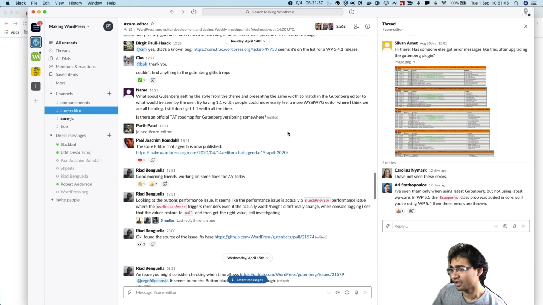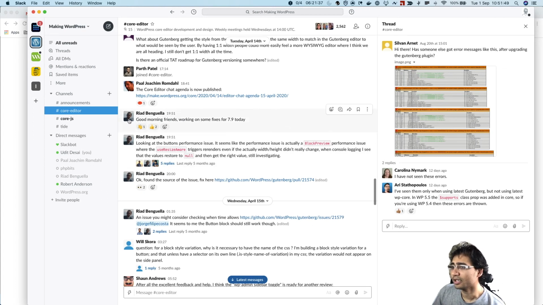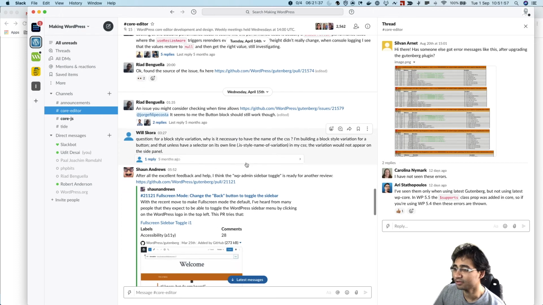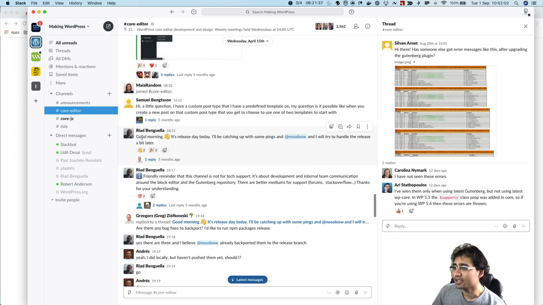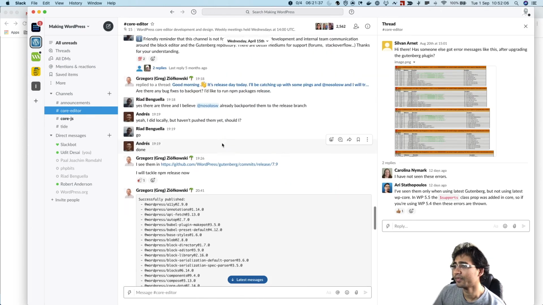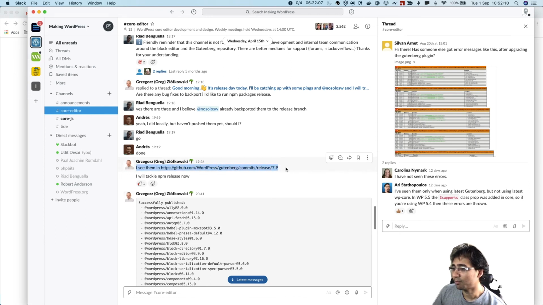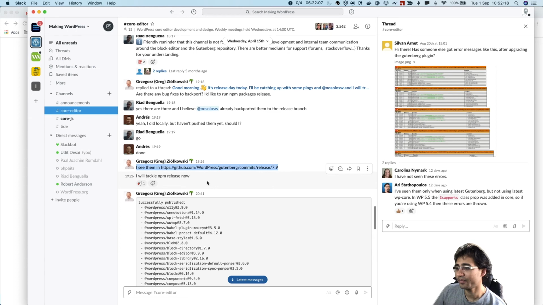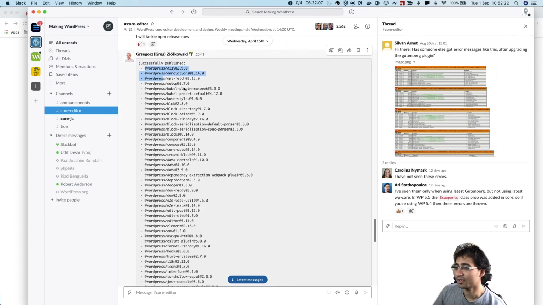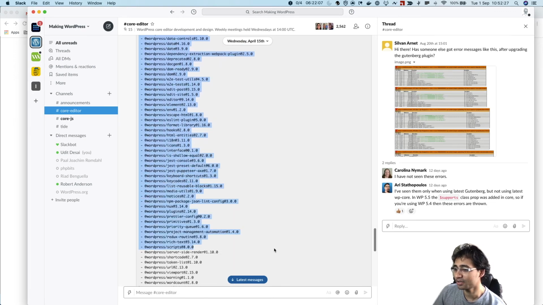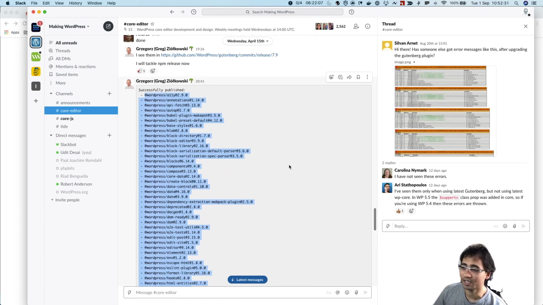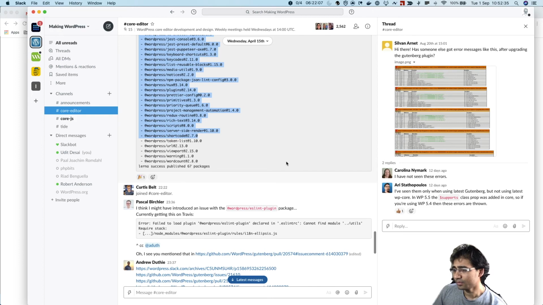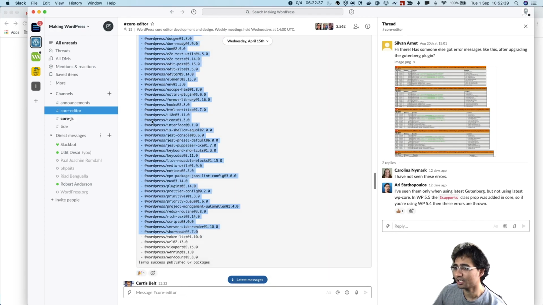Okay, so scan. There are some chats going on, and here Riyadh has said that he's working on some fixes for 7.9 today. So it means that 7.9 may have been released later that time. And here it says it's the release day, so they're going to release it. So yeah, this is where they have released the 7.9 tag for the Gutenberg plugin, and then Greg has jumped in to handle the npm release. Over here you can see the whole list of packages along with their versions which got published after 7.9 was released. And yeah, that's pretty much it. So you can probably take version numbers from here and put them in your project